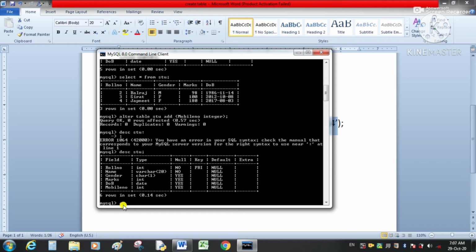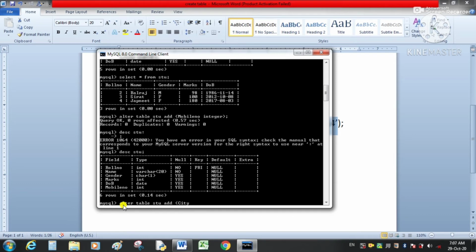For this we will use alter table stu, add, name of the column city.